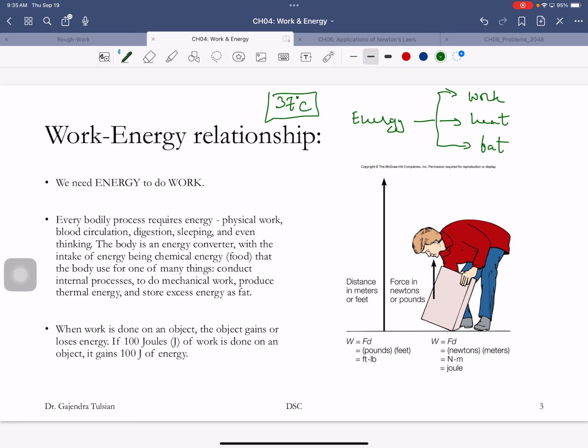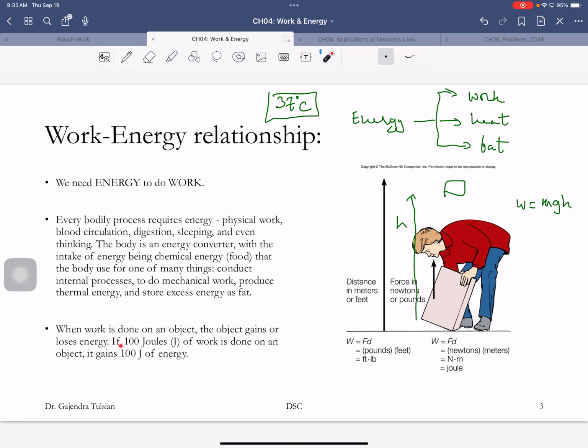All right, so here's an example of doing work. Let's say you lift this object up. If you lift this object up through a height h, this is the amount of work you've done: the mass of the object times the acceleration due to gravity times the height through which you lifted that object up. So that's how much work you've done if you lifted this object up.